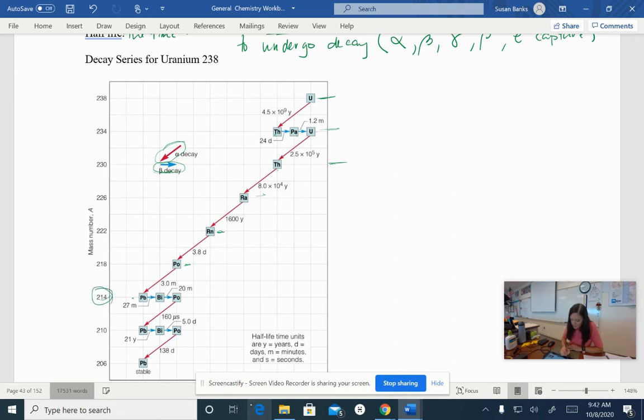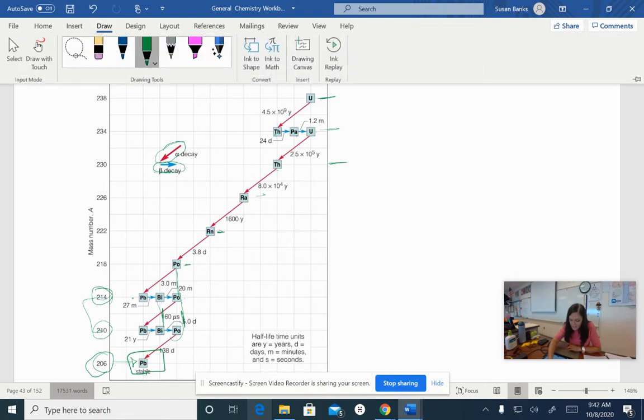Okay. Then bismuth-214, polonium, once again, same element but different mass, 218 versus 214. Then lead again, different isotope but same element, bismuth, different isotope, okay, of polonium, and then down to lead-206. Finally, when I get to lead-206, I have a stable isotope, okay? Now, notice in this whole series, we had different